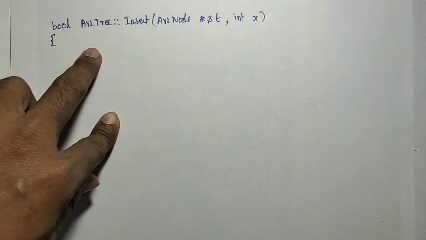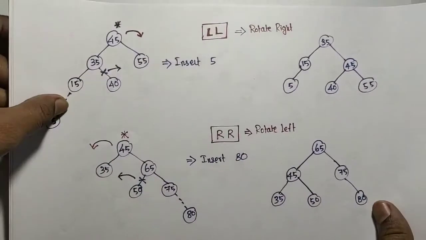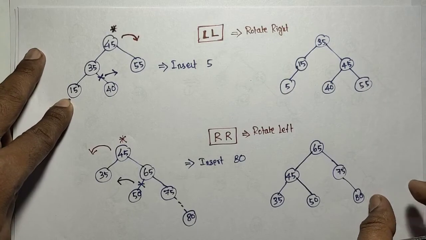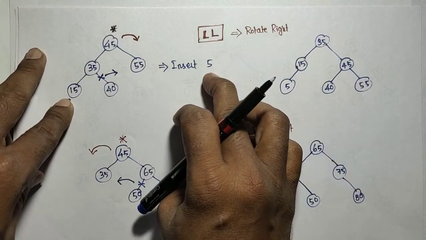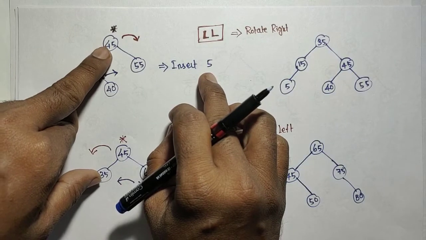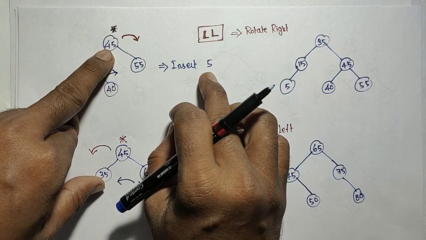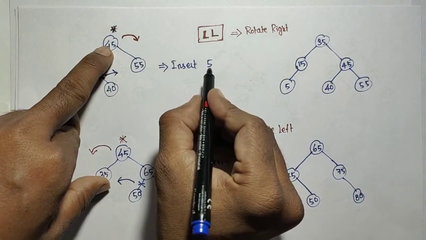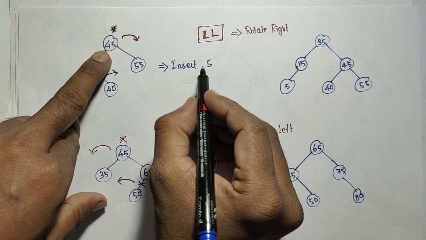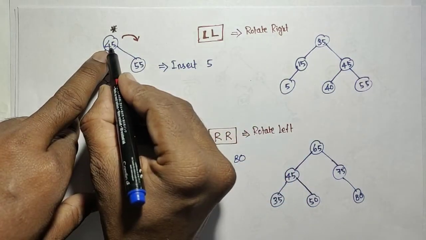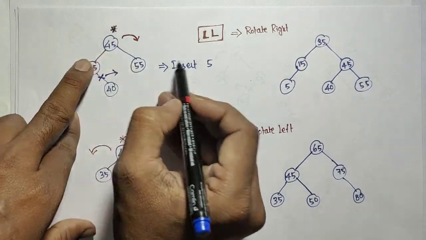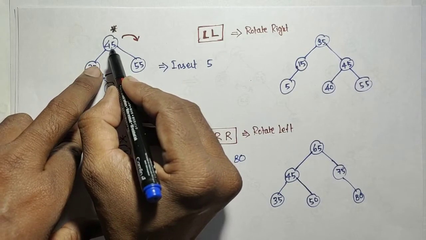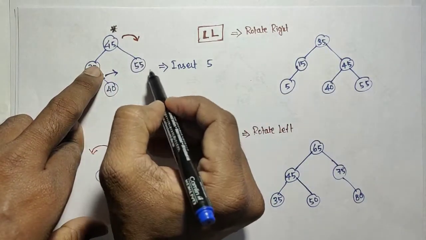Okay, consider this same example. This is the existing tree. I wanted to insert the 5. What you will do means you will check the 5 compared with that 45. You wanted to call insert, okay, the 45 address comma the 5, like that you will call. So what you will do means you will compare this data with this one. Okay, if this is less than means you have to insert that into the left side. If it is greater than means it need to be added on the right subtree.